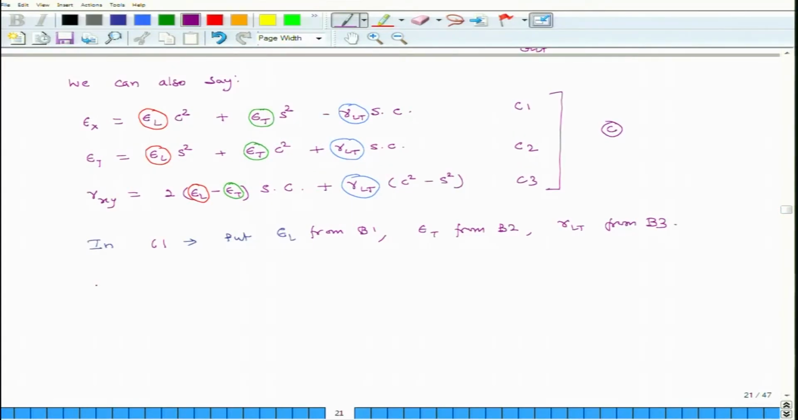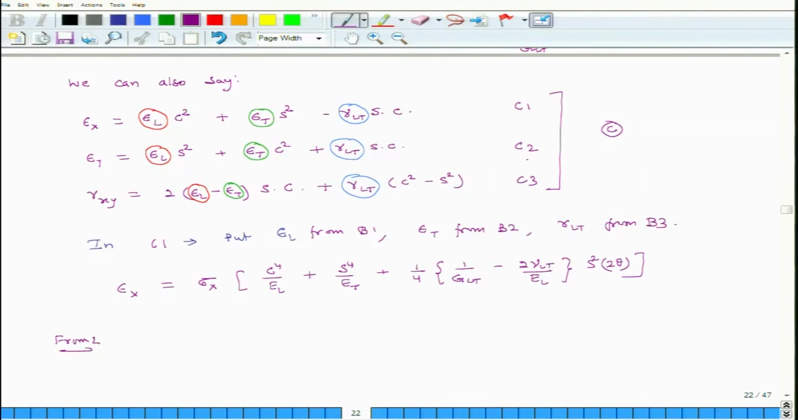So, we will get from that epsilon x is equal to sigma x times cosine 4 theta by EL plus sine 4 theta over ET plus 1 over 4 divided by 1 over GLT minus 2 nu LT divided by EL times sine square of 2 theta, this long thing. So, this is from C1. From C2,